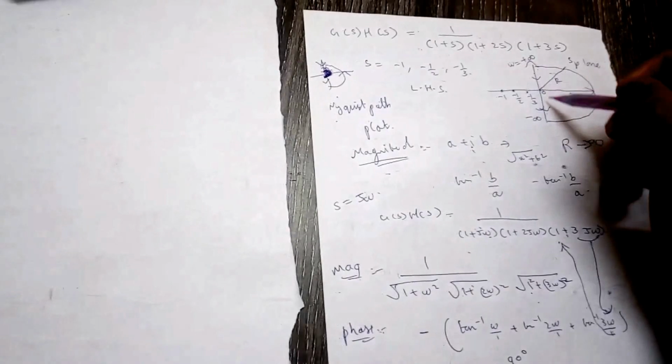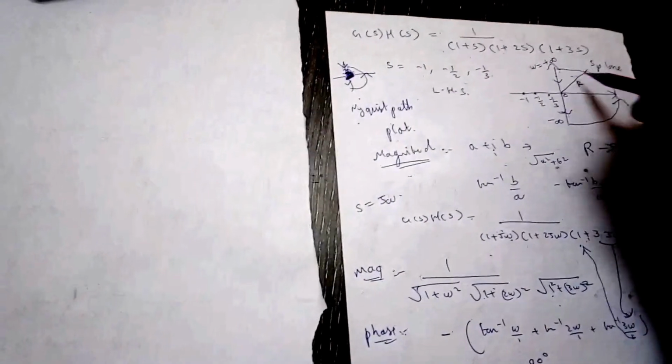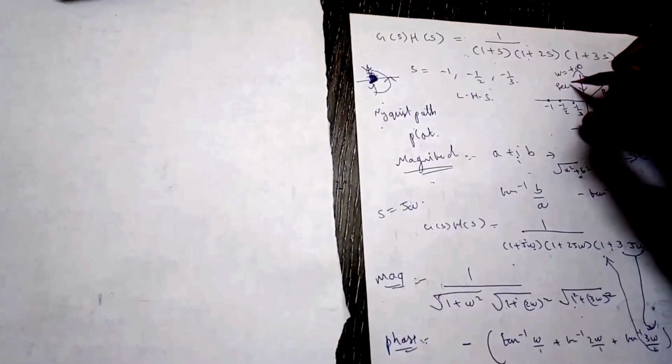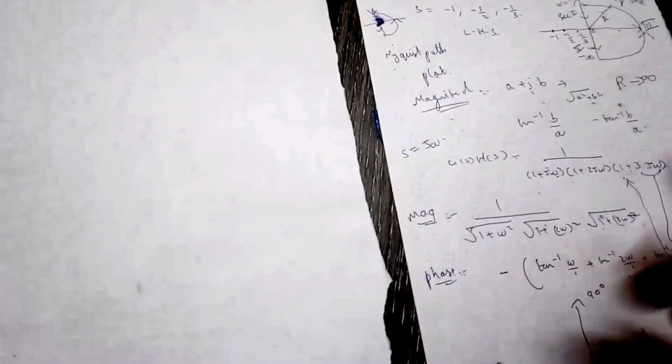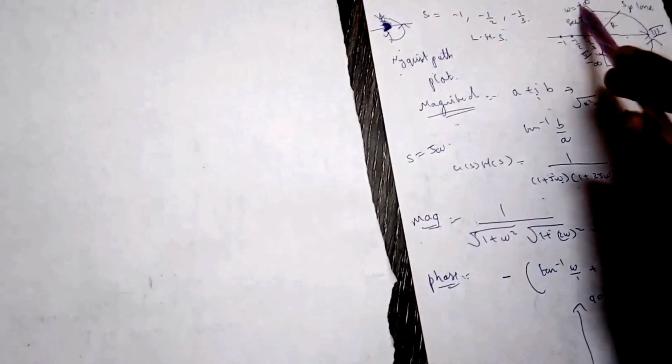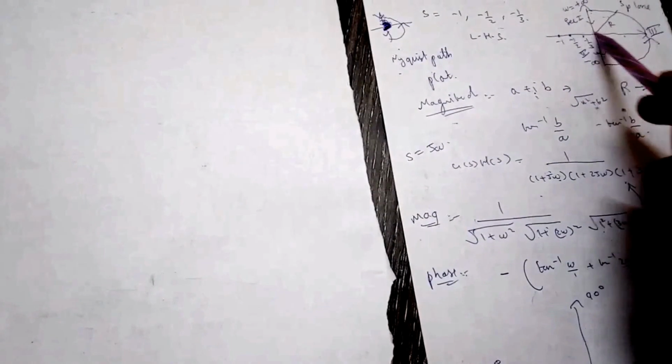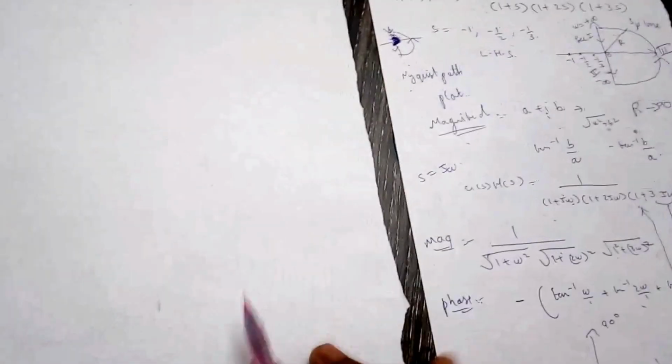So here in the Nyquist contour we have this part, this part, this part. So I will be dividing it into sections: section 1, section 2 and section 3. I will have to plot section 1 first, then section 2 and then section 3. For plotting these sections, we need to know how the plot varies when I pass through these points. To find this, we will be taking the help of the magnitude and phase equations that we have obtained here.